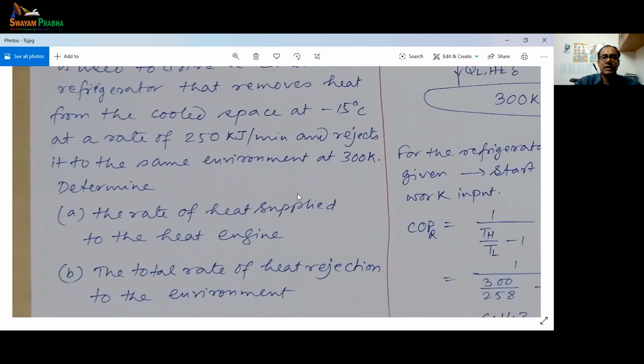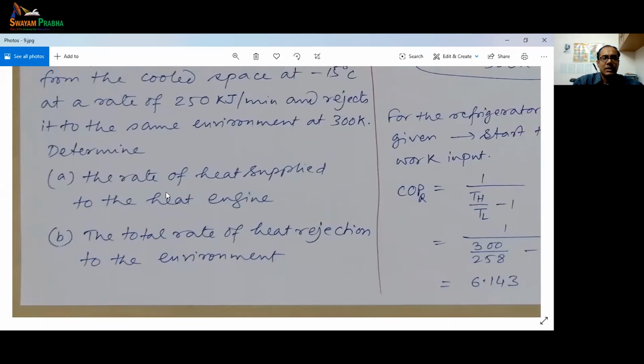And the refrigerator sucks up heat from the low temperature reservoir, and with the help of the work input, it rejects that heat to the environment at 300 Kelvin. So the heat engine is dumping heat to the same environment, which is the 300 Kelvin atmosphere, and the refrigerator also is dumping heat to the same environment at 300 Kelvin. So this whole process,